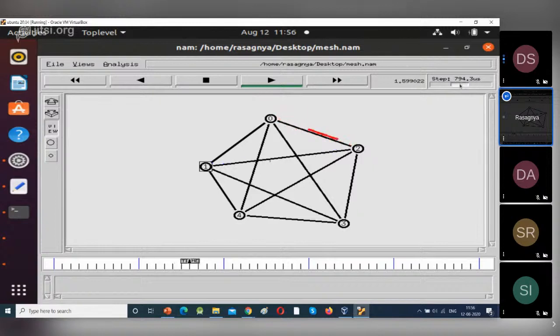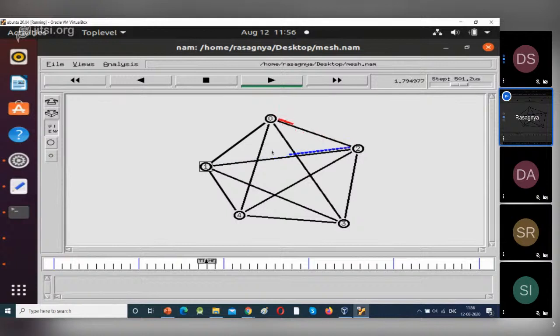See, at 1.5 seconds, 1 is sending data to 2. The packet size for this data is, we gave 2500 or 3500. So the packet size is very large compared to this red color data flow.